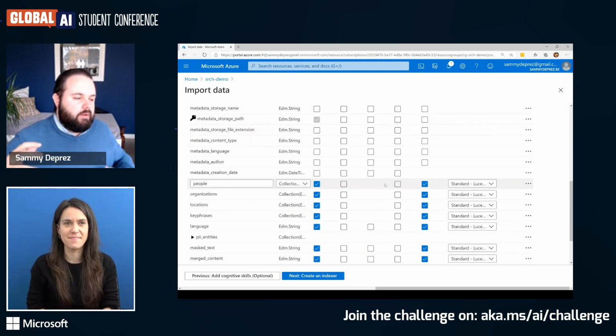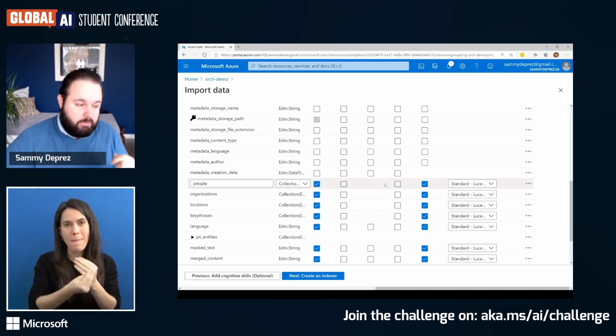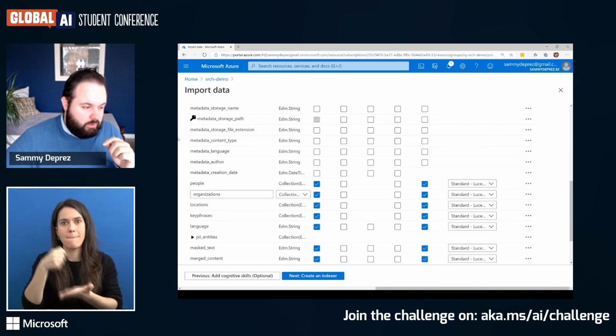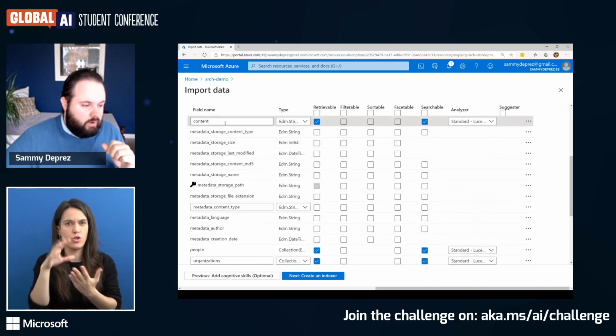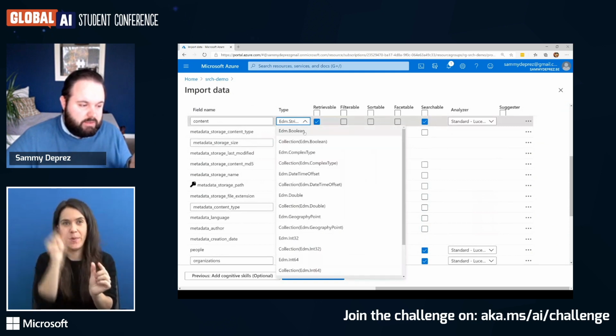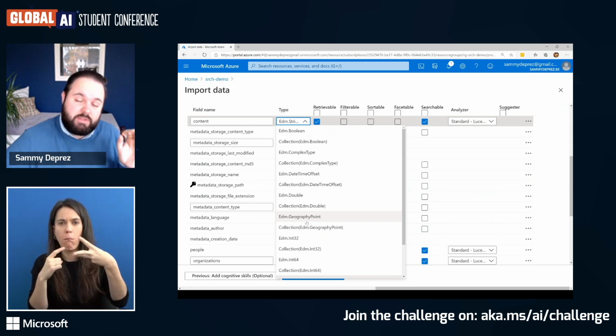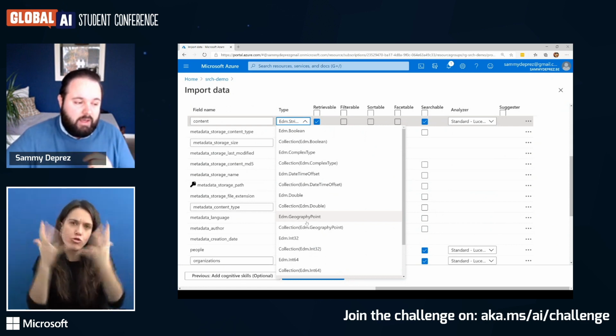Now, you need to compare this database as some kind of database of JSON documents. Because as you will notice, we have all our fields where we can have specific types. So we can have strings, booleans, doubles, and so on. Also geography points, which might be very interesting.